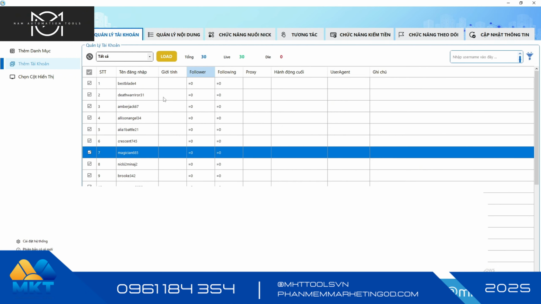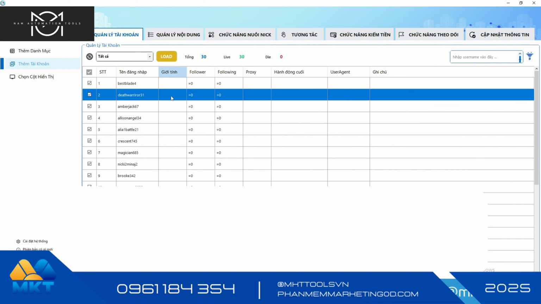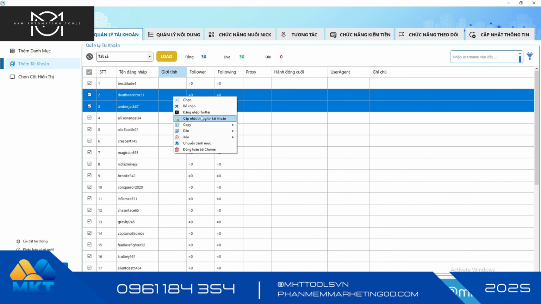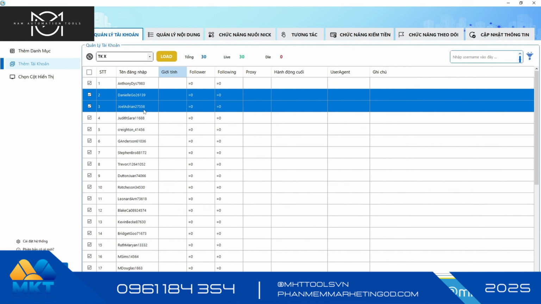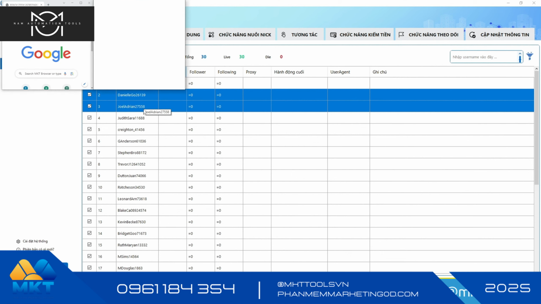I will try logging into 2 accounts for everyone to see how I can interact with these 2 accounts. I choose any 2 accounts, then I click on this Twitter login item. For everyone to see, above is software that supports using multiple Twitter accounts, also known as X, on your computer